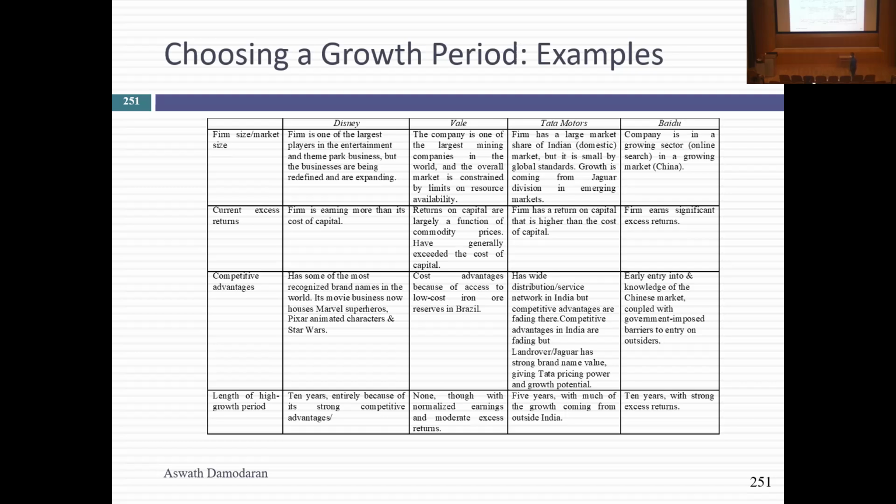When I looked at Vale, I very quickly realized there was nowhere to go. They were the largest iron ore mining company already in 2013. The iron ore market is not getting any bigger. If anything, it's getting smaller as China leaves its infrastructure spending behind it. For Vale, I basically made them a stable growth company right away. I said there's no high growth left in there. It might come if iron ore prices pop here, but that's going to be temporary. It's not going to be a long-term source of growth.